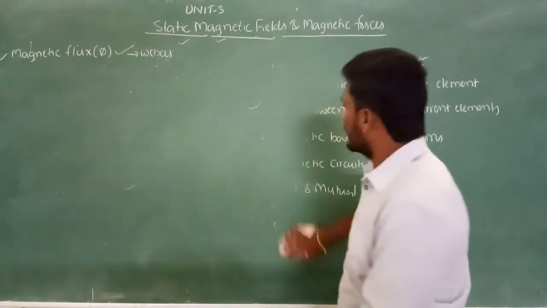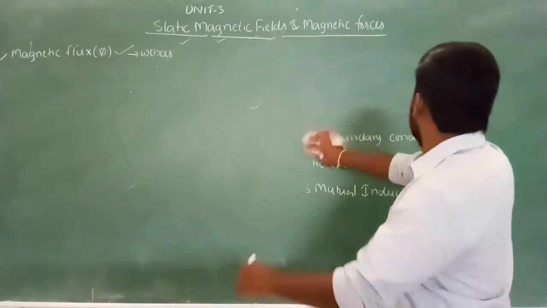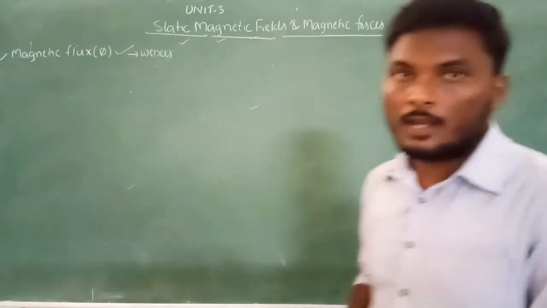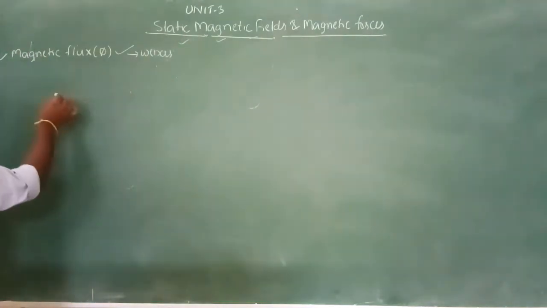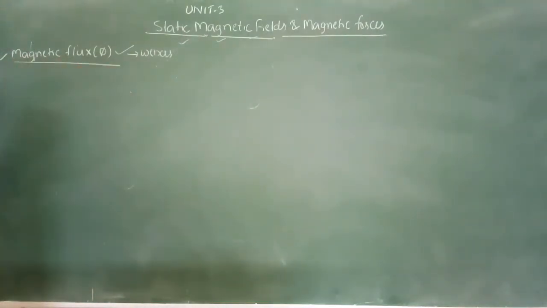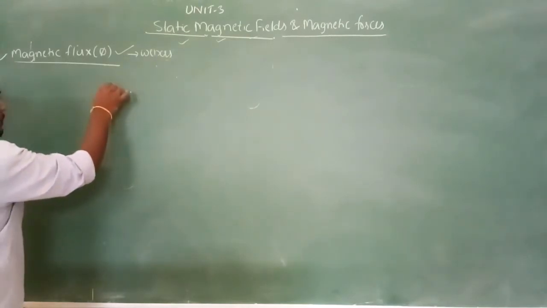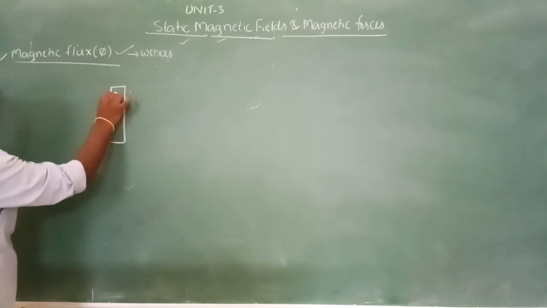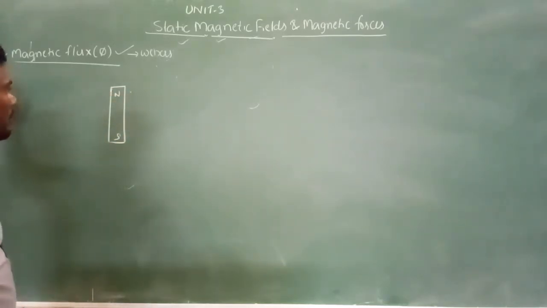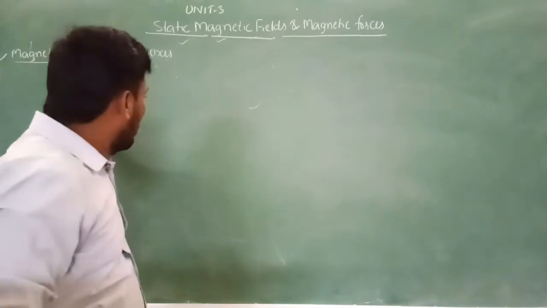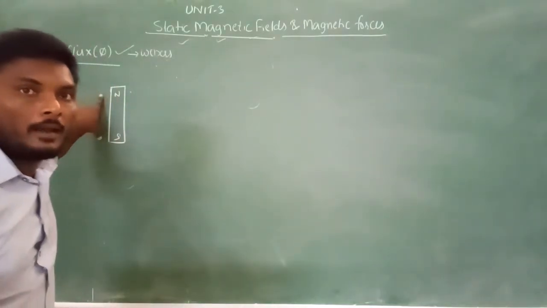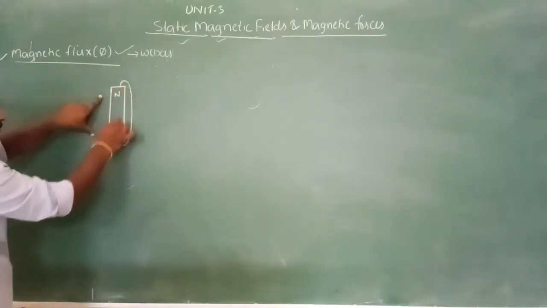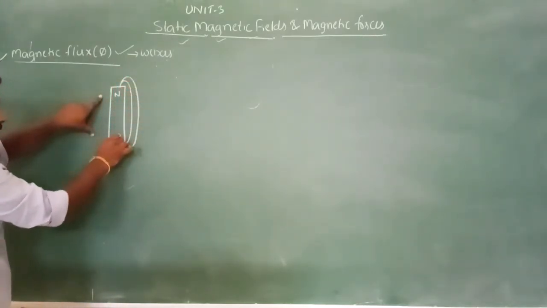You can write the definition of magnetic flux like this. How can you define the magnetic flux? We start our third unit with defining the magnetic flux. Okay, so consider a permanent magnet, North Pole and South Pole. Whenever there is a permanent magnet, around this magnet, what will happen? Field lines will be produced around this magnet, like this.